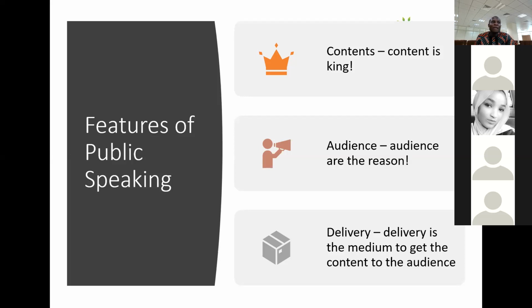Now, please observe the audience. Is it a very organized audience? Is it the audience that anybody can stand up and go anywhere they want to go without any sign? Is it a venue that people can come in and go out as they want? Please observe the environment so that if you're going to speak where people can come in and go out and there's nothing you can do, you can structure your mind to adjust to that environment. Be familiar with that environment before you even climb the stage.